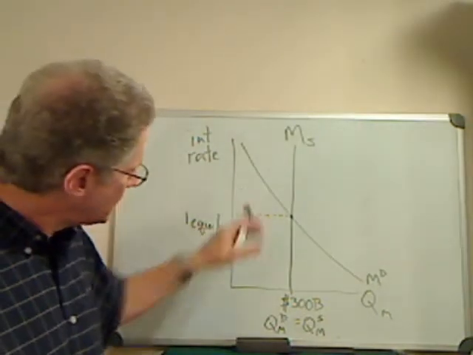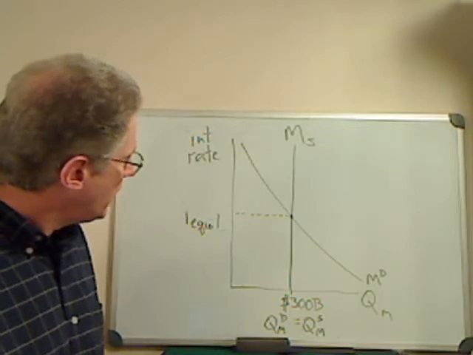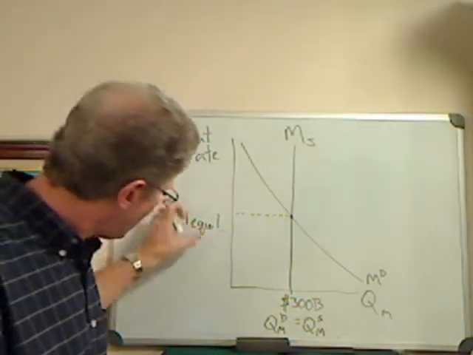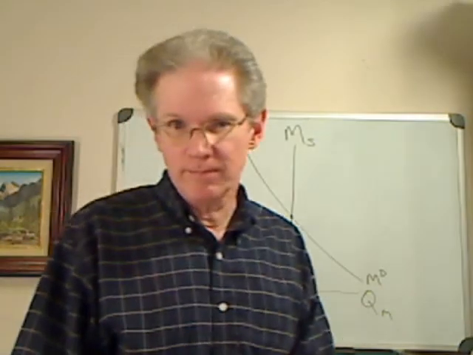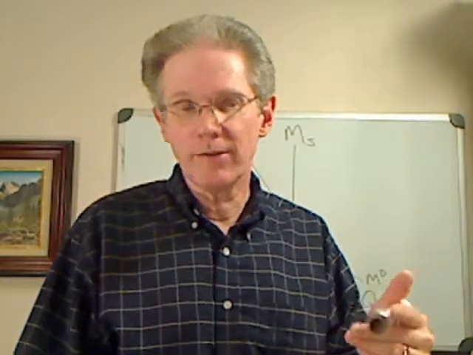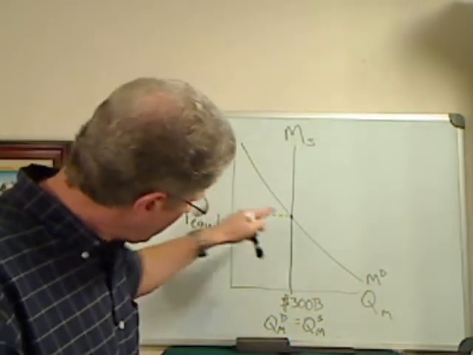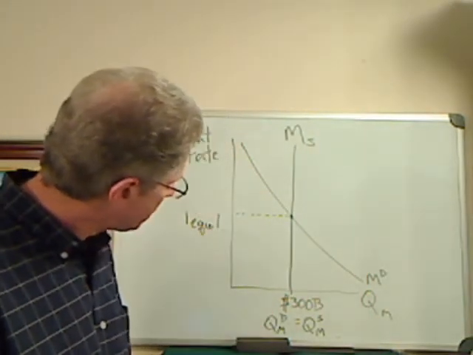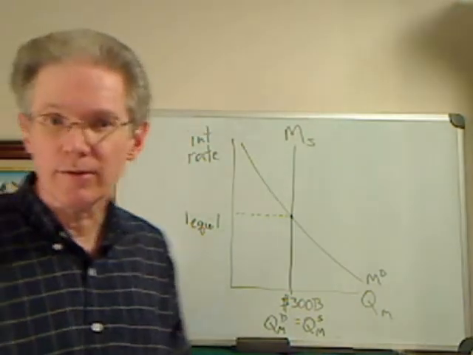So that's the next thing we need to think about. If the interest rate is not at that equilibrium level, is there any reason to believe that there are changes that will automatically begin to occur, which will bring us to that equilibrium level? And you shouldn't be surprised to find that there